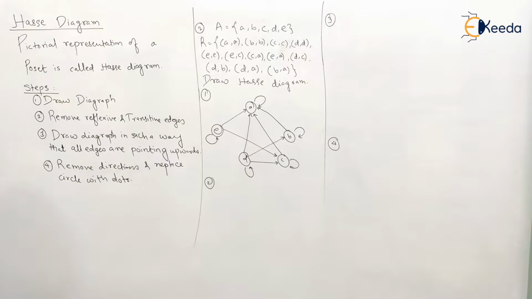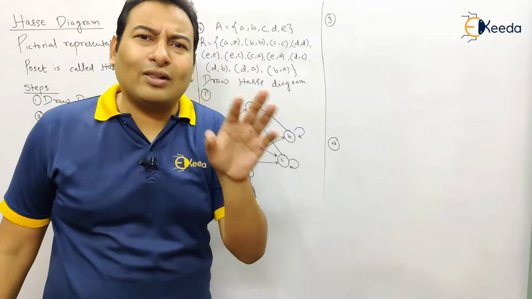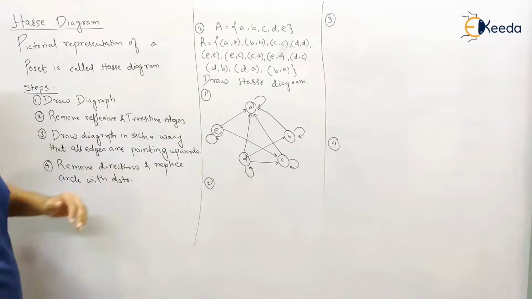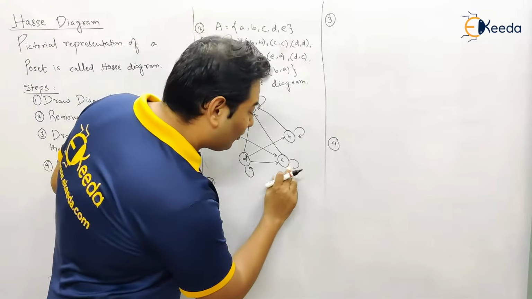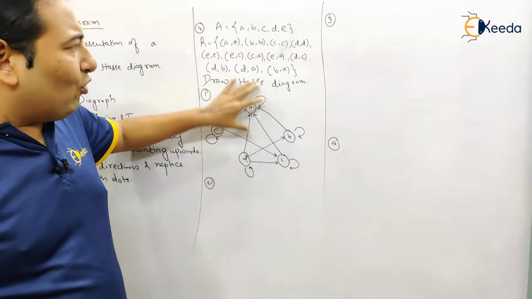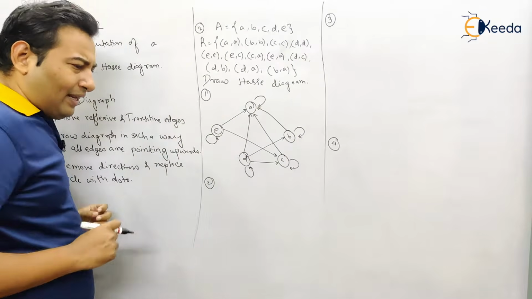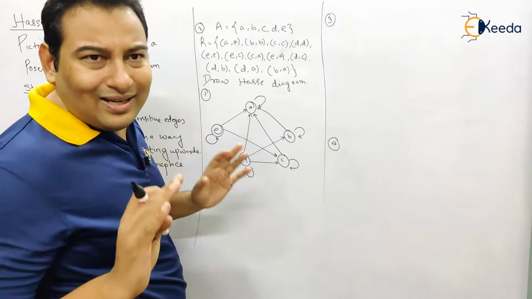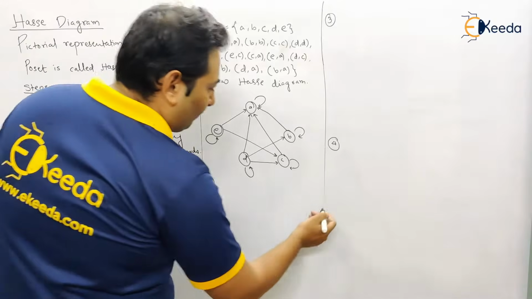What is the next step? Remove reflexive and transitive edges. Reflexive edges are very simple. All the circles will be removed. So these are your reflexive edges. So we're going to remove that, and we're going to remove the transitive edges. Now since the diagram is complicated, you can remove by looking at this diagram, or you can remove from this relation also. Choice is yours. Therefore I recommend this. Try doing it on a rough paper, rough calculation. If you got it correct, then you can paste it on a fair copy.